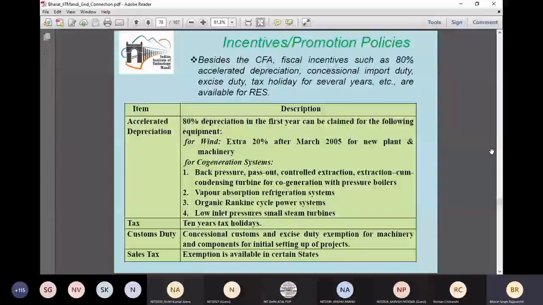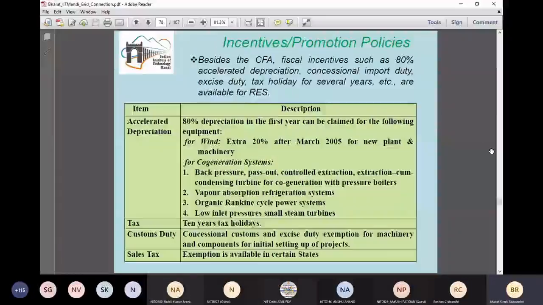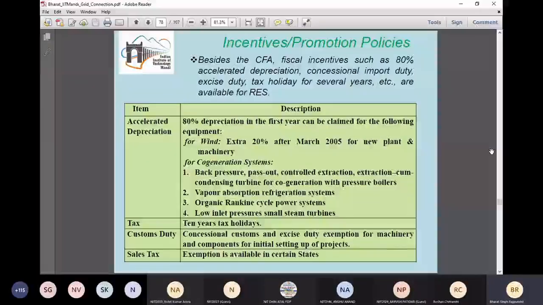But there was a problem with such a system, which promotes only the installation part rather than providing a force or push to not only the installation but also the increase in the generation capacity. So this was an important aspect, because many corporates just got the accelerated depreciation and the income tax benefit, they provided an installation of the wind farms, but whether the wind farms are in operation or they are producing the renewable energy or not, that was the challenging part.